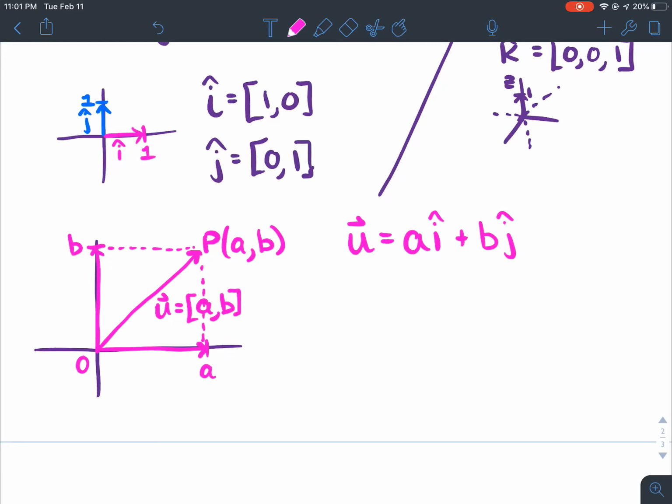Or vector I, vector B, however you want to say it. So we could actually represent that vector by writing it like this. And the reason we could do that is because we know that vector I is just the vector 1, 0, and vector B is just the vector 0, 1. Or another way to write it is we could say we know that